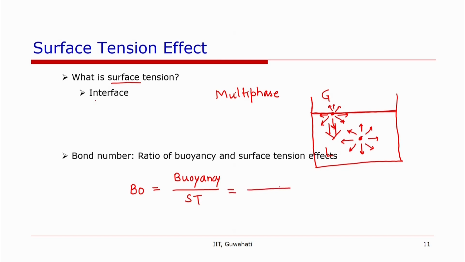Surface tension force is represented by sigma over d, and buoyancy force is delta rho g into d, so rho g h. So, that will be delta rho g d square over sigma. This number is also known as the Eotvos number,